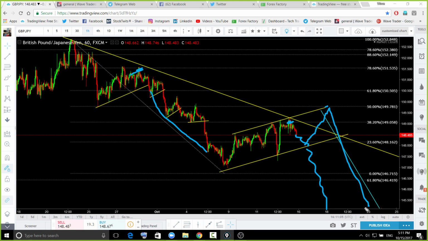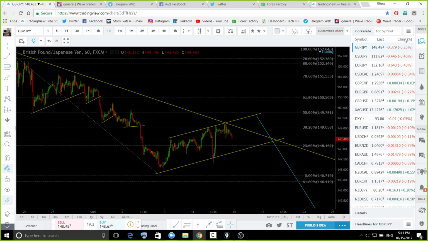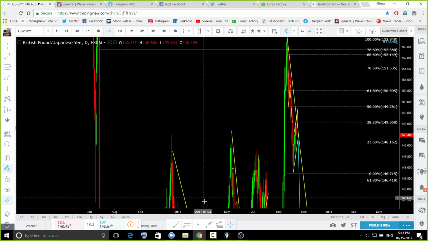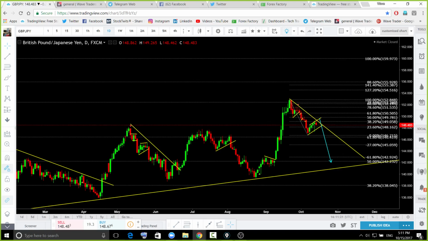The examples I have just shown you at the start, pound yen, we are looking for the downside. In case something unusual happens in the market and pound starts to rise aggressively to the upside, which I'm not anticipating, what are we going to do in this scenario? I don't think it is going to happen. This is a very extreme situation.